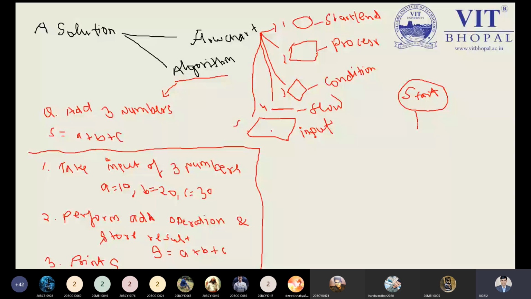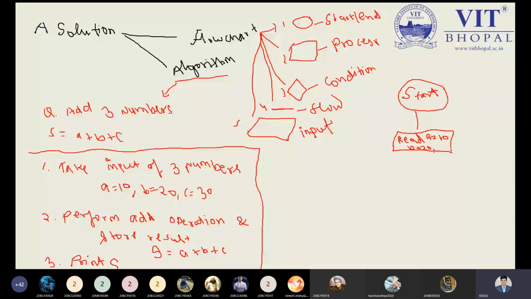But taking input or designing the flowchart is basically an art, and how you design it is up to you. Here you have to use a few statements like read or input. You can use only a few keywords which are relevant to the flowchart. So what do I need to read? I use read a is equal to 10, b is equal to 20, c is equal to 30, as I did in the algorithm part.